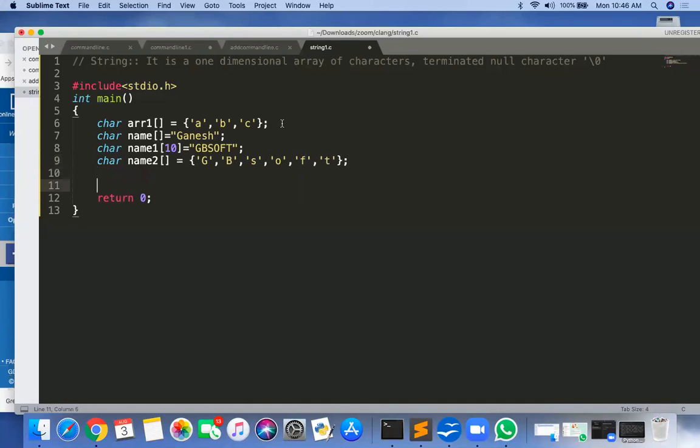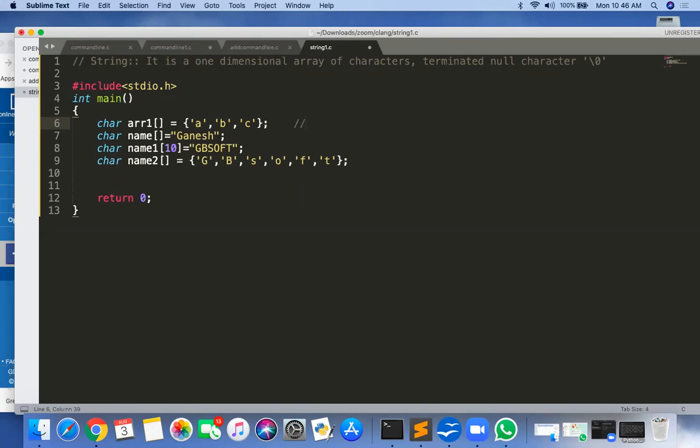So tell me, the first one, is it a string or a simple character array? Array, sir. Okay, so first look at your definition. It is just a one-dimensional array of characters. Is it a one-dimensional array? Yes.